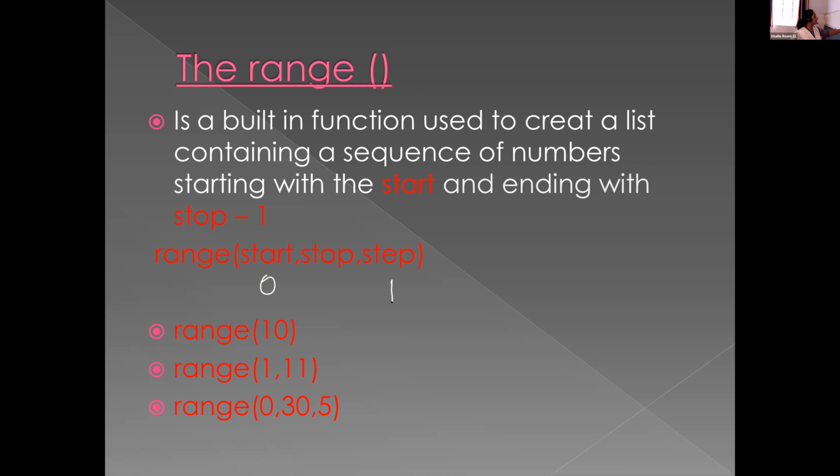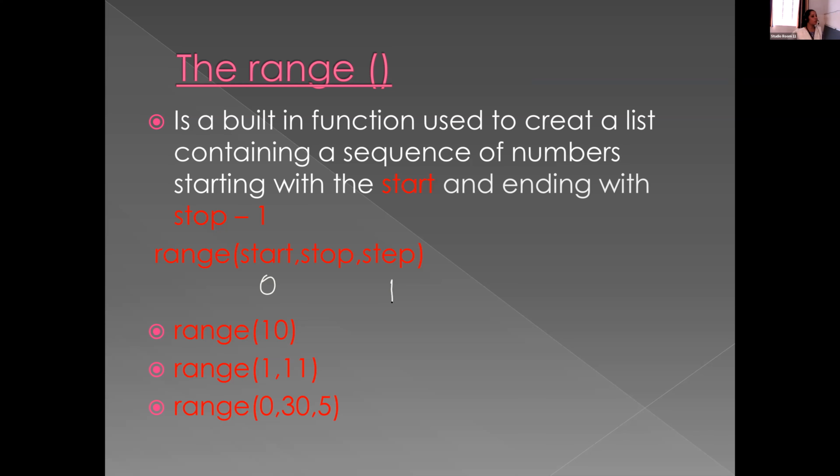I will explain once again. Range is a built-in function with 3 parameters, that is start, stop, and step. Start and step are optional. The start is used for displaying the start value and stop is used for displaying the limit. The last value is always stop value -1. Then step value is the value used for incrementation. Then I will explain with one example.